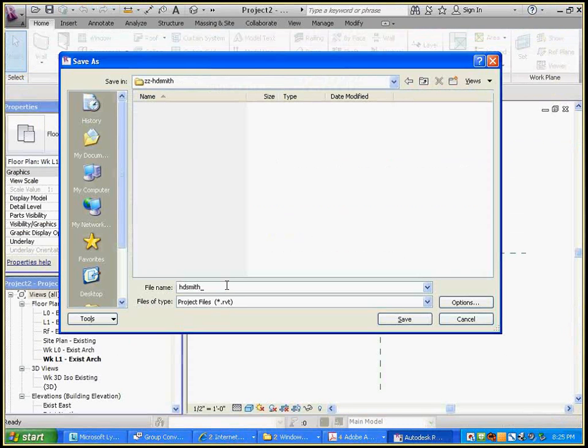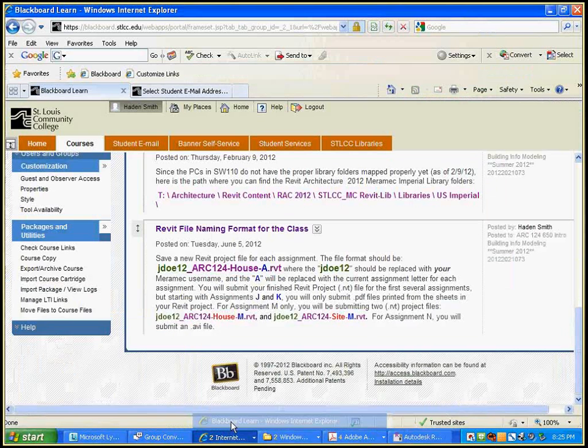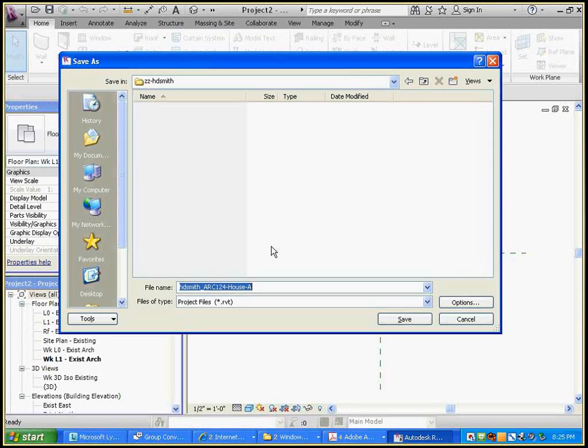Underscore ARC124-house-A. There's no dash between ARC and 124. It's just the word ARC124-house-A. And the reason I'm such a stickler is that if I have a bunch of files that I've downloaded,